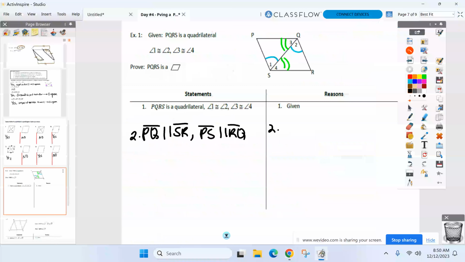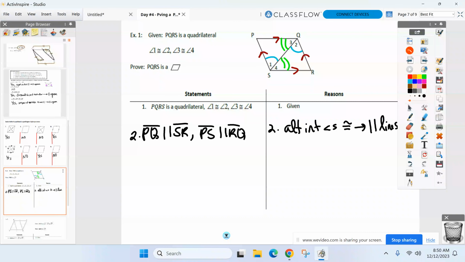Vinny, back to you on fire today. Alternate interior angles congruent implies opposite sides parallel. You don't need to say, you can just say alternate interior angles congruent imply parallel lines. Done. All right, you don't need to get fancy on me. And now,